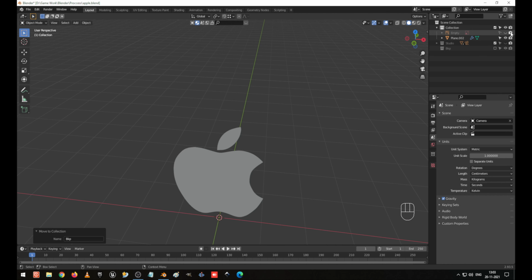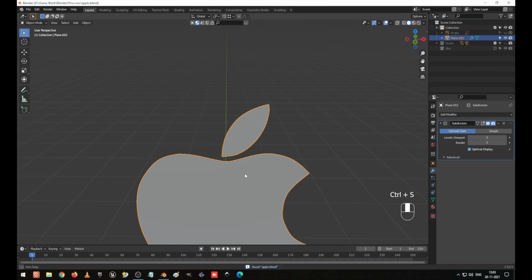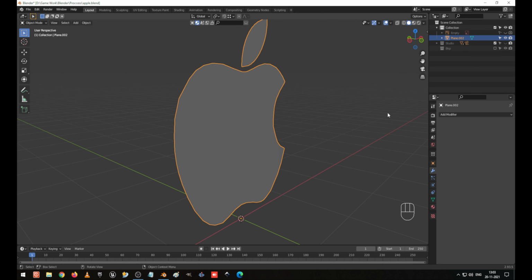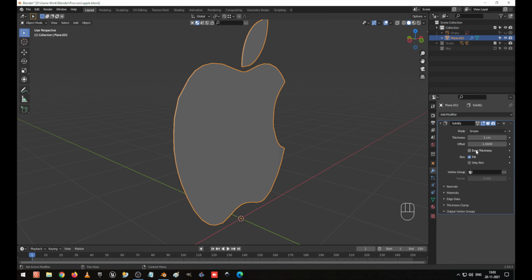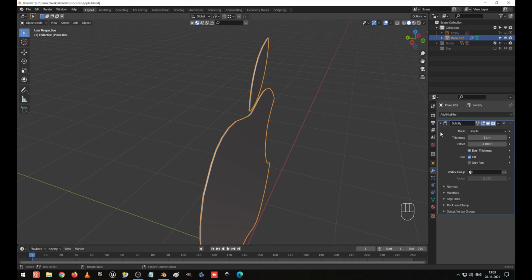Okay, the rendering is also not required, turn off. So now our object is ready. I'm going to close this one. I'm going to give a solidify modifier to give the thickness. I select this solidify modifier and even thickness. You're able to see it's very less. I'm going to make it 10.